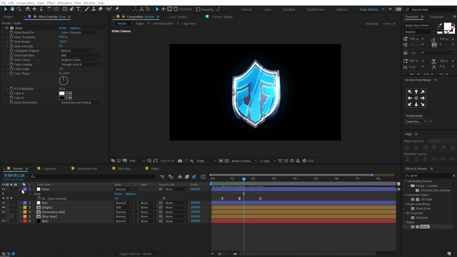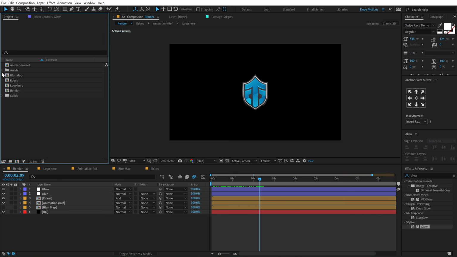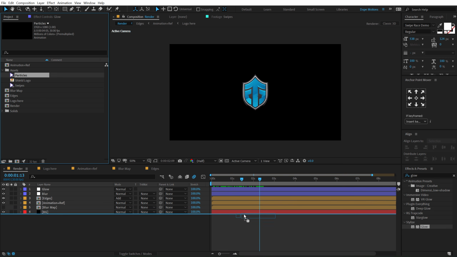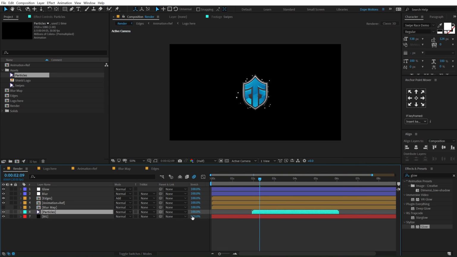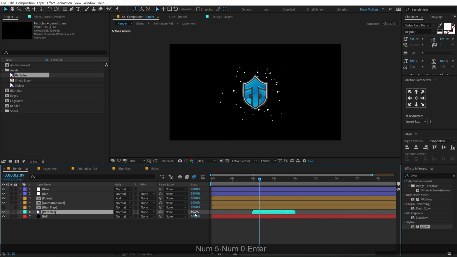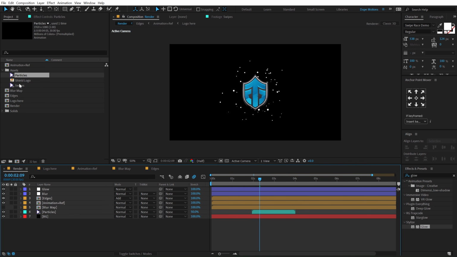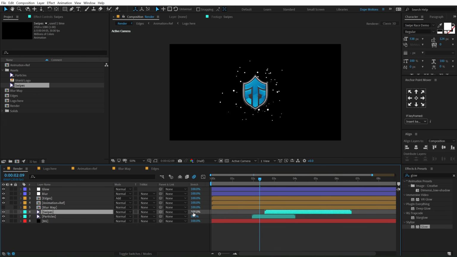Now finally, when the logo settles down at 2 seconds and 10 frames, I'm gonna add some particles to this. I can go into assets, and again you can download this project file from the link in the description. Set the stretch to 50%. Now by the way, if you don't see the stretch option, you can again right click, go into columns and turn this on, and then let's drag and drop it, set this to 50% as well,